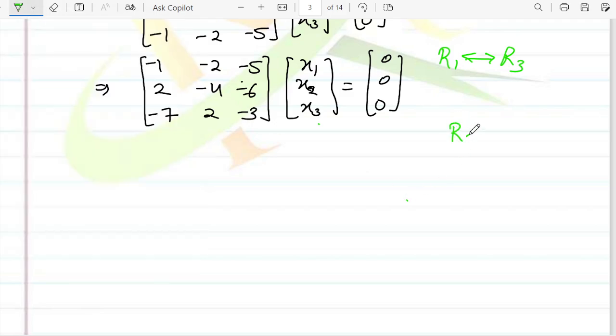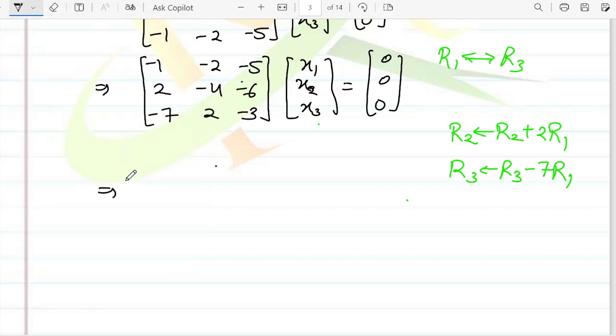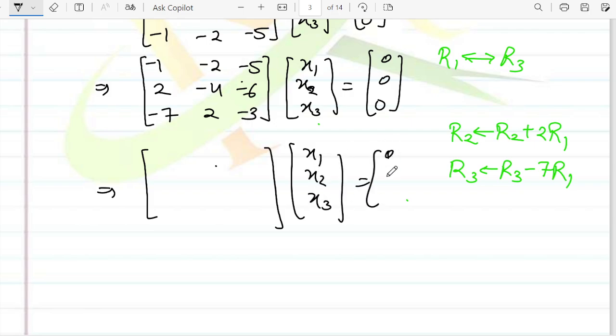रो रिडक्शन के लिए क्या करेंगे आप? R2 is replaced by R2 plus 2 R1 and R3 will be replaced by R3 minus 7 into R1. ये आप कर दीजिए, ये करने से आप लोगों को रो रिडक्शन में कन्वर्ट हो जाएगा. आई थिंक दैट इज x1 x2 एंड x3 दैट इज 0 0 and 0, therefore